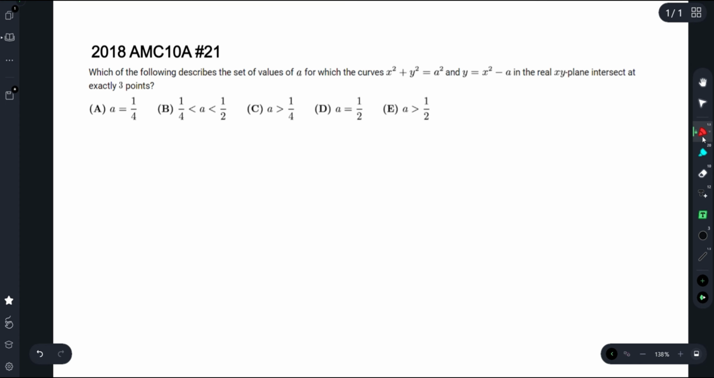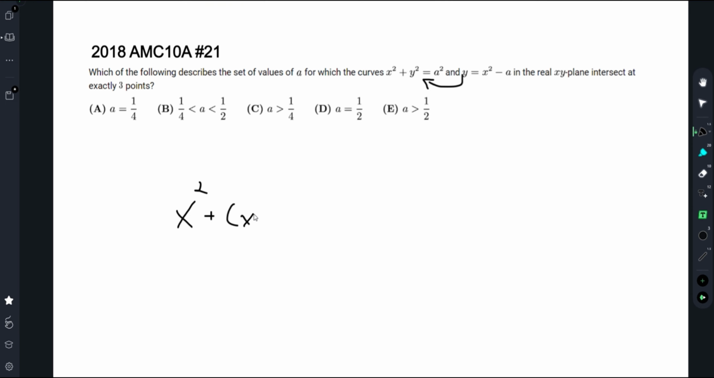So since they intersect, they have to be equal. So we can plug this into this. By intersect, they mean that for one certain value of x, y, and a, both these equations will be satisfied. So if we plug the second equation into the first equation, we get x squared plus x squared minus a squared equal to a squared. So after simplification, we get x squared plus,